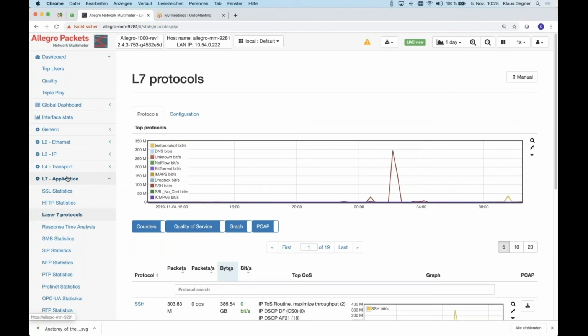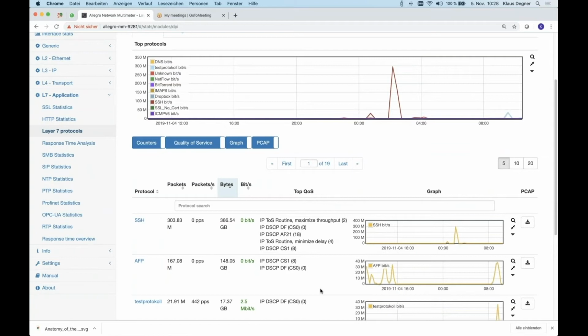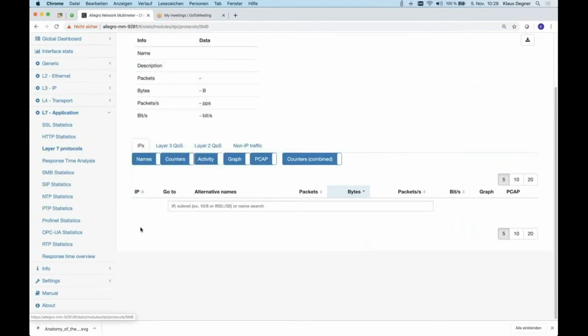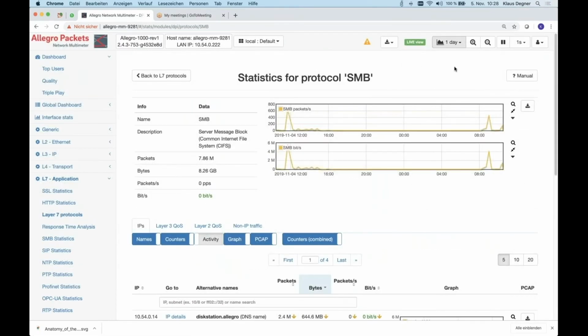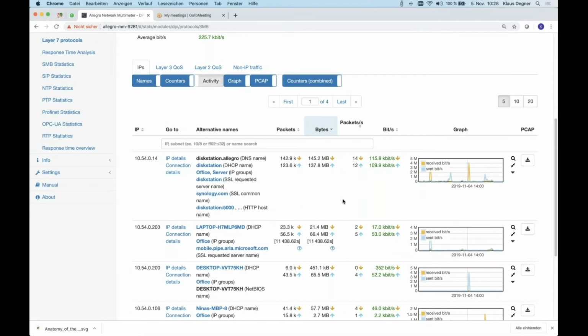Number one is the classic layer 7 protocols, where we decode protocols in real time. And we just display that very similar to the port statistics. So whenever a protocol is used, we can tell you who used, for example, Windows file sharing, SMB. And then you can see that client used it at that time. So again, the question here is, if we just zoom into, let's say, yesterday noon to afternoon, I can say for that time, who used it most?